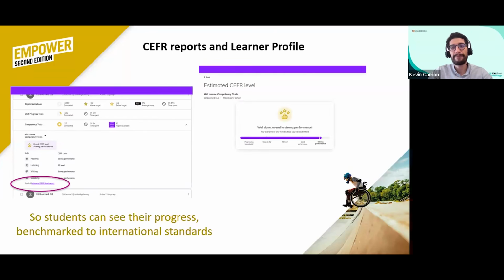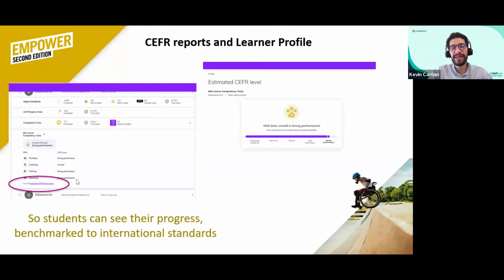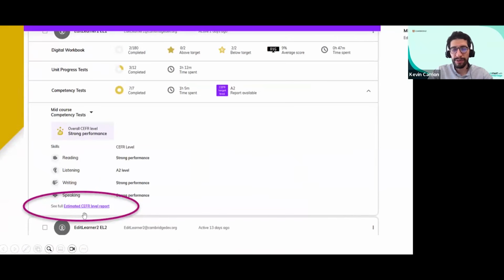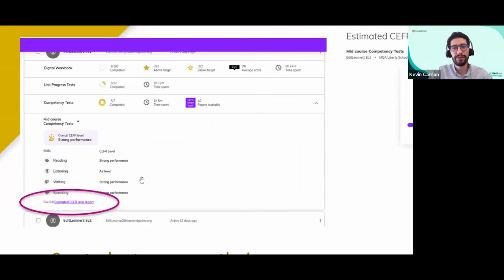Something good about these reports is that they can give you, the teachers, an estimated Common European Framework of Reference level report, so that you can find out what level your students have according to the CEFR. This is an example of what we might